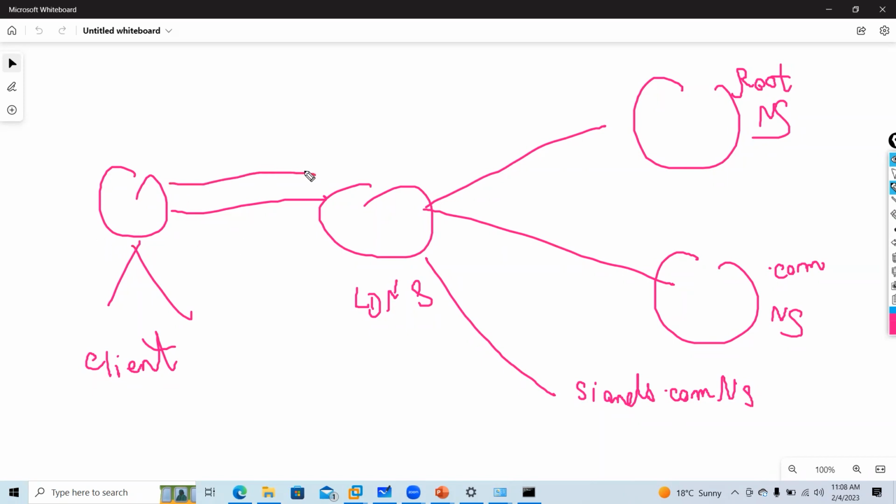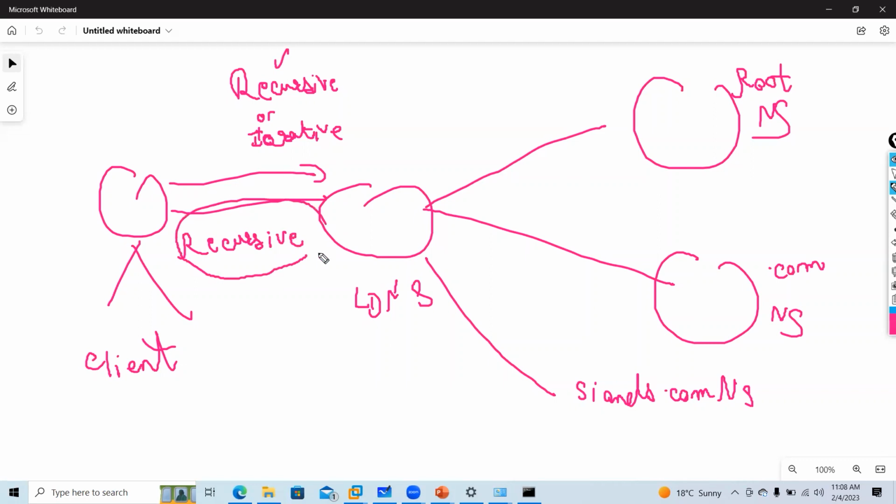When the DNS client first sends a query, what is that query, guys? Whether it's recursive or iterative. When initially the client sends a request, what is that query? When the DNS client contacts the LDNS, that is called recursive, guys. Every time the first query which is sent is called recursive query.